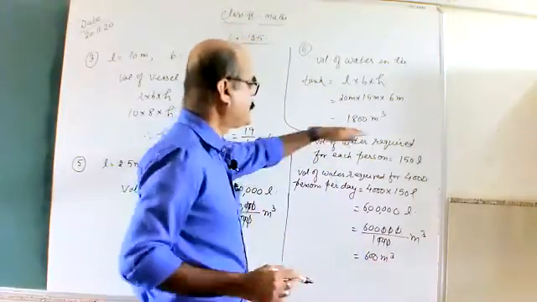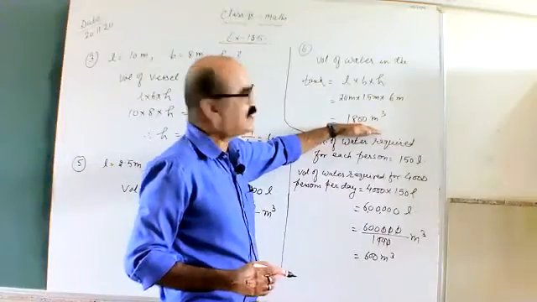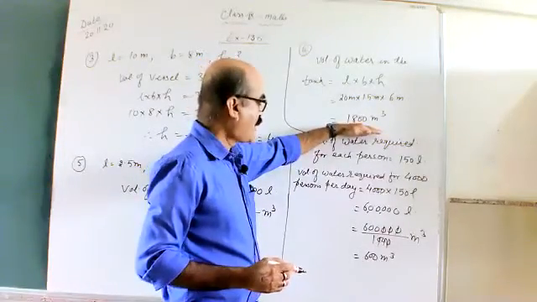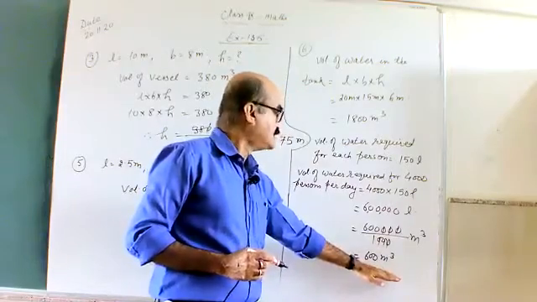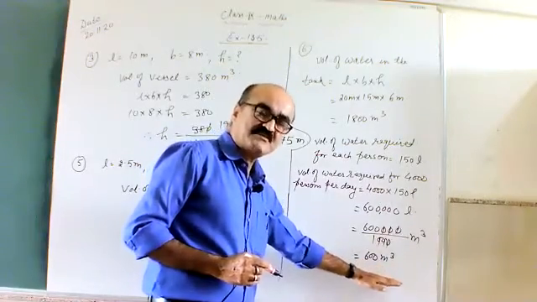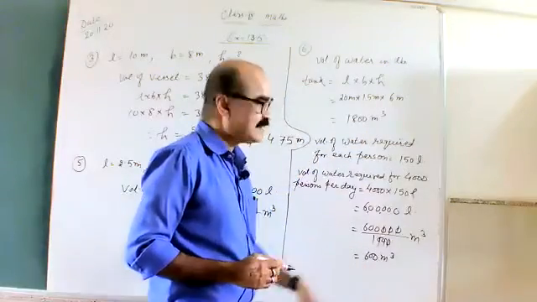तो आपका वाटर टैंक की कैपेसिटी कितनी है? 1800 मीटर क्यूब. और पर डे कंजम्पशन कितना है? 600. तो कितने दिन में पानी खत्म हो जाएगा? You will divide this by this. ठीक है?